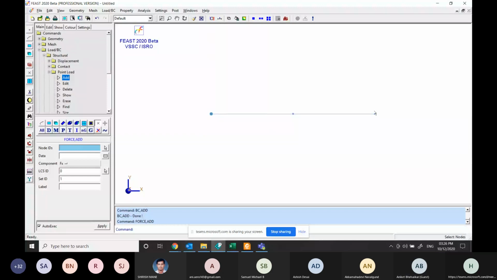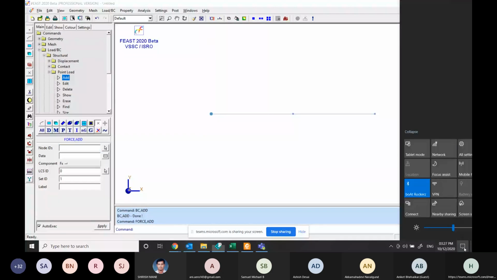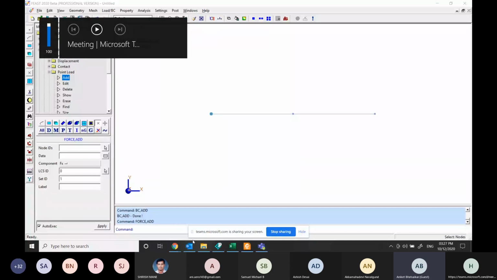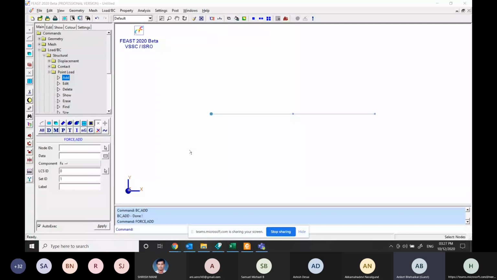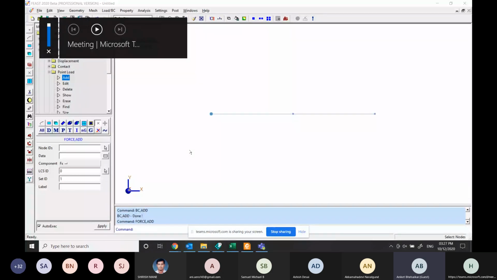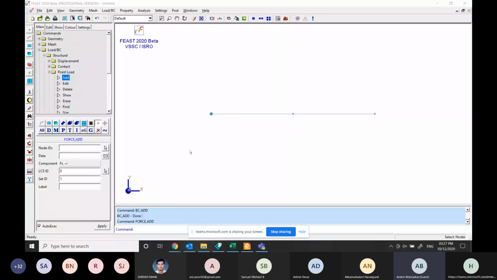The node IDs. So the node ID we are going to apply is on this side.